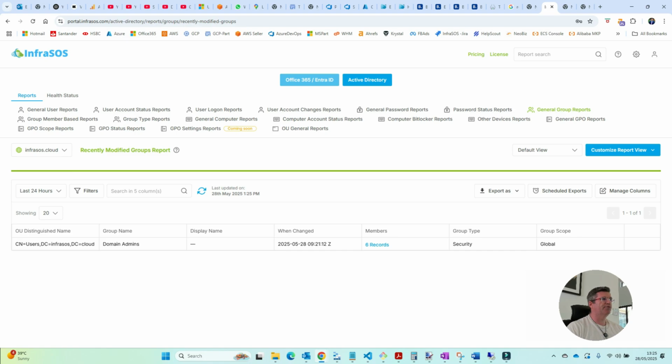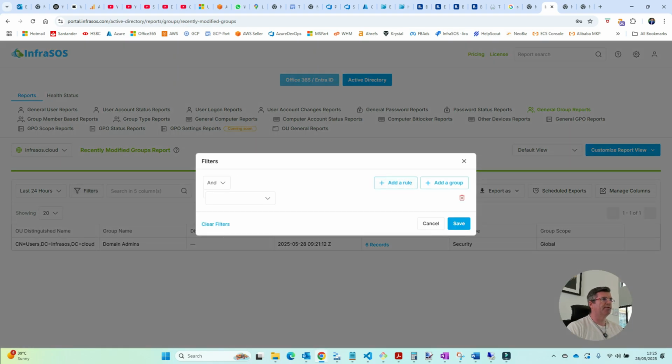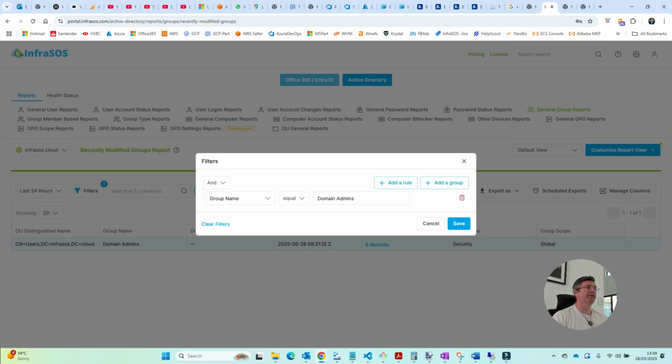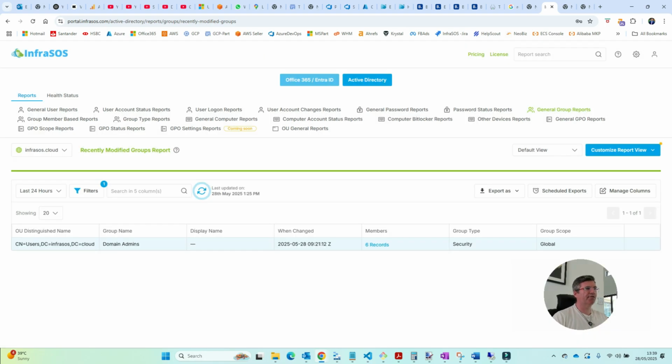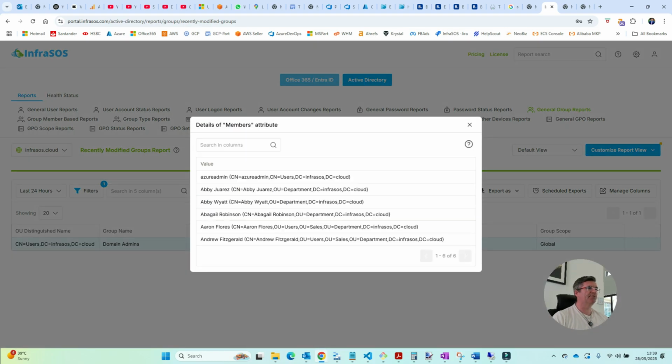So let's say you've got hundreds of different changes happening, you can filter it by group name. So group name equals domain admins, click save. And this filtering is good if you've got lots of records in the report, so you could filter it out. So if we click on, you'll see Abigail Robinson has been added to the domain